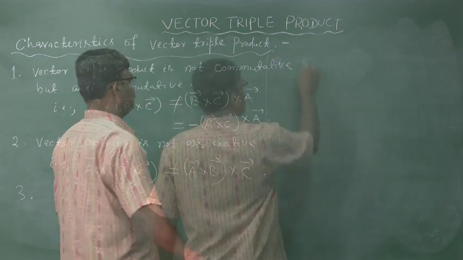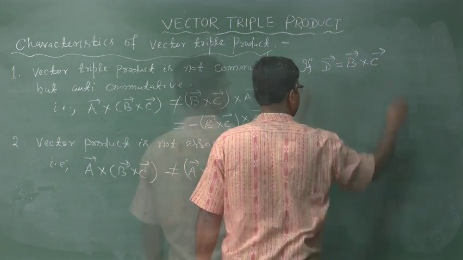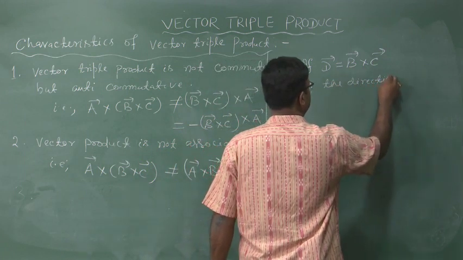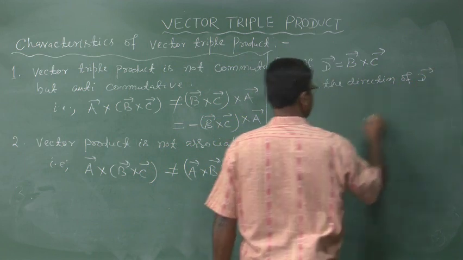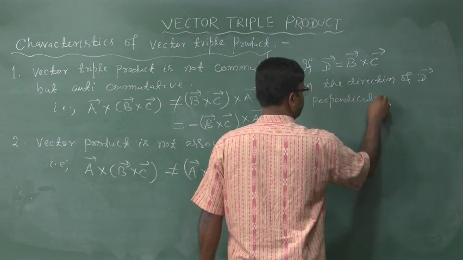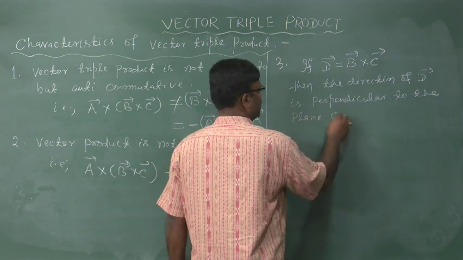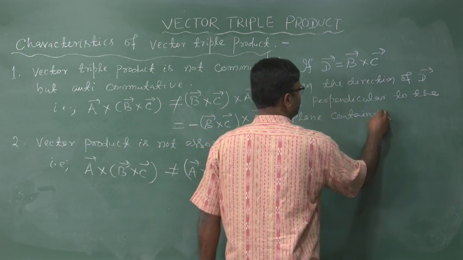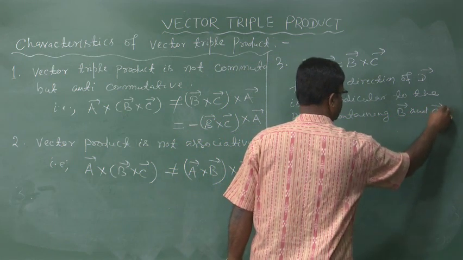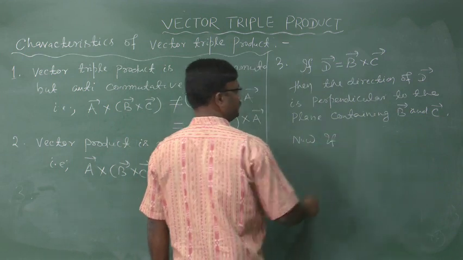Let us write the third term. If D vector is equal to B vector cross C vector, then the direction of D vector is perpendicular to the plane containing B vector and C vector. Now, if we consider